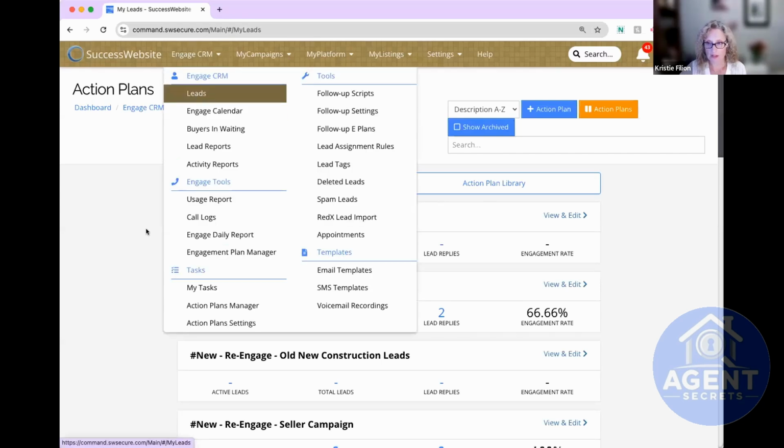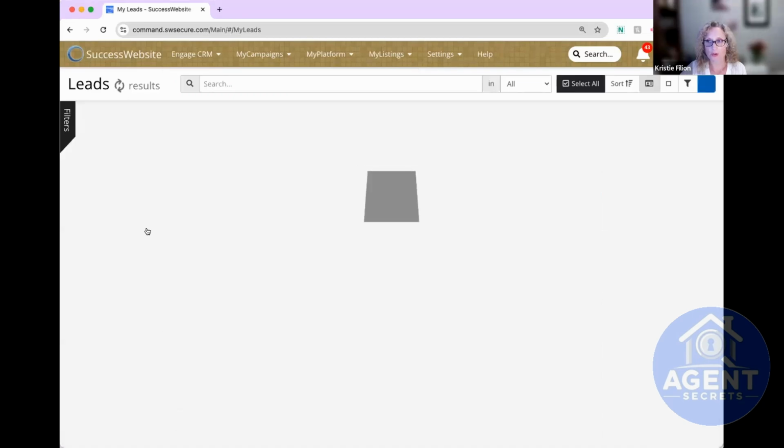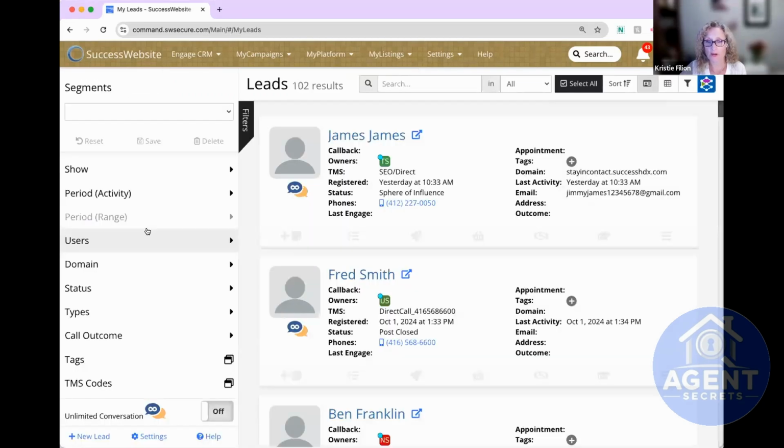So an easy thing for me to demonstrate right now is how to add a special label to a lead when you add it manually to the system. So let's say you've got somebody, right? This could be a past client or a vendor, somebody that you want to add to your database.